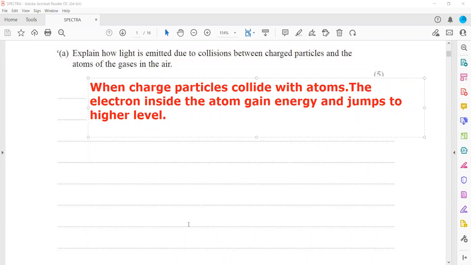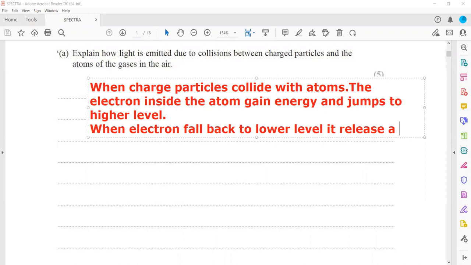So these electrons, when they gain energy, will jump to a higher level. And then when the electron falls back to the lower level, it releases a photon